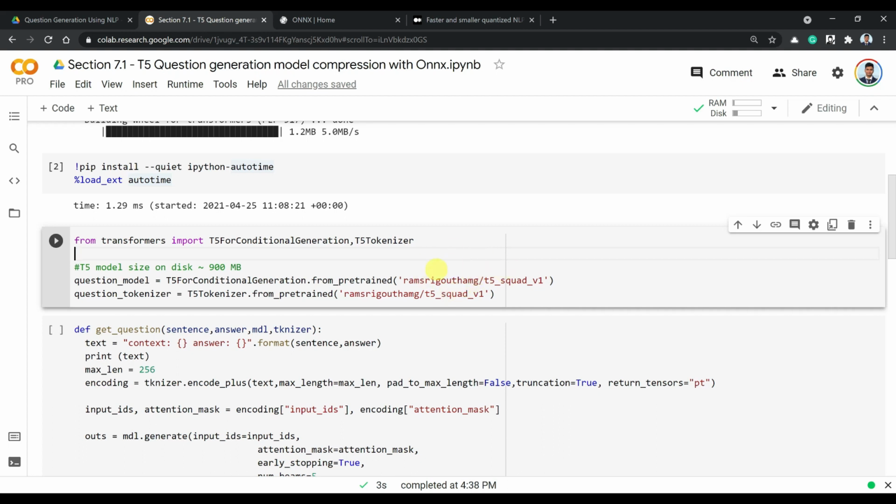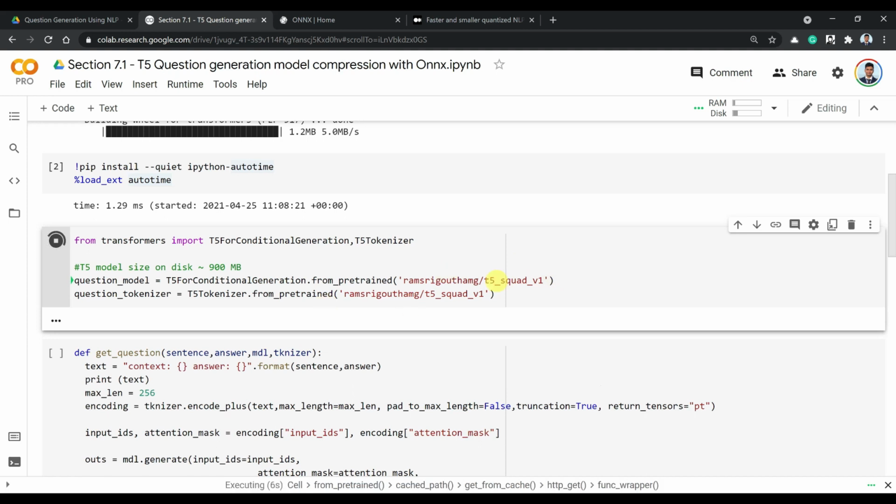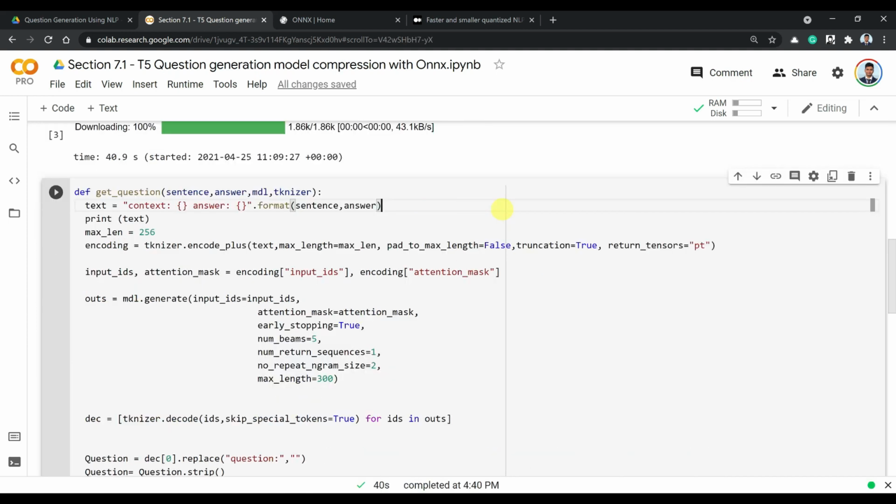So when you refer to this model right here, Ramsri Gautamji/T5 squad 1, it will directly download from the Hugging Face model library. Let's run this cell. I'm just downloading the model and initializing the model as well as the tokenizer. Now we have downloaded and initialized our model as well as tokenizer.